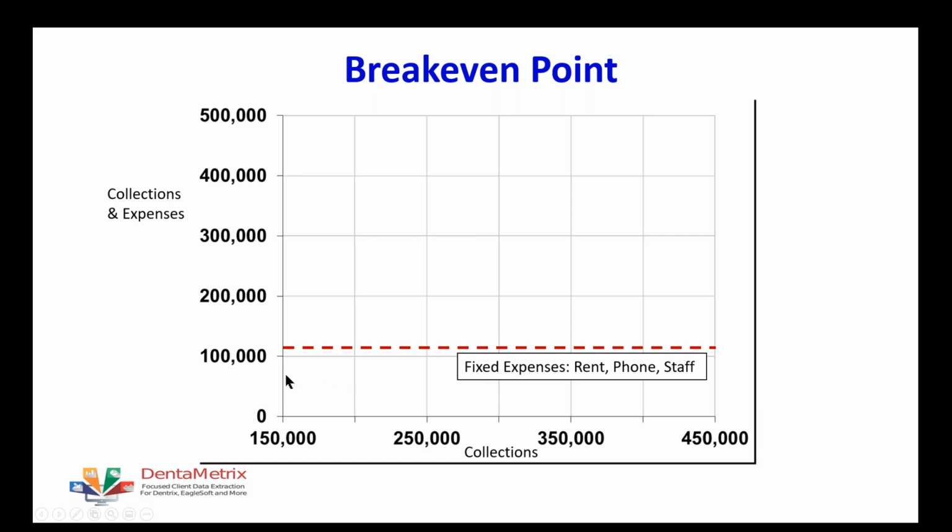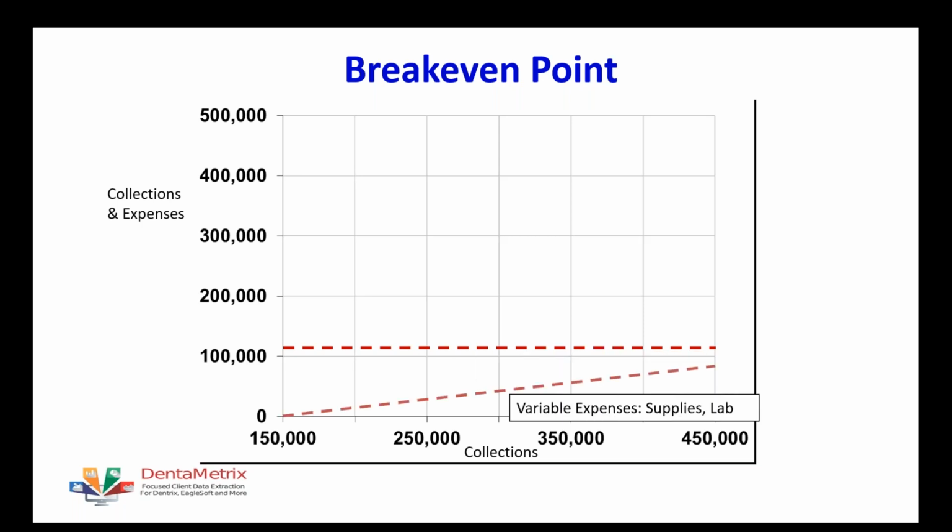And so the graph shows there are fixed expenses in my example, it looks like, of about $110,000, no matter how much you collect. And in fact, before you turn the key in the front door, you already have hard fixed expenses of $110,000 for the period that you're going to be responsible for. But that's not all the expenses. We have lab and we have supplies, and if nobody showed up, we wouldn't have any lab expense or any supply expense. But let's say some people do show up. And so as our collections go up, notice the variable expenses, supplies, lab, etc., it's sloping upward to the right. It's increasing as our collections, our revenues, our work